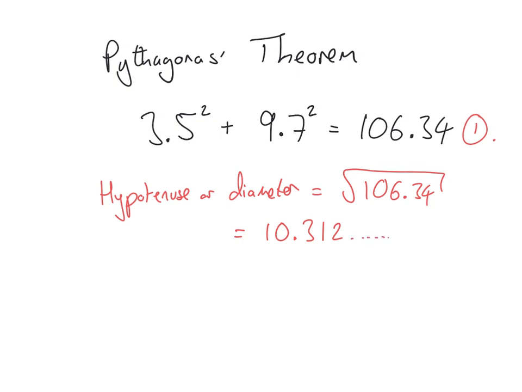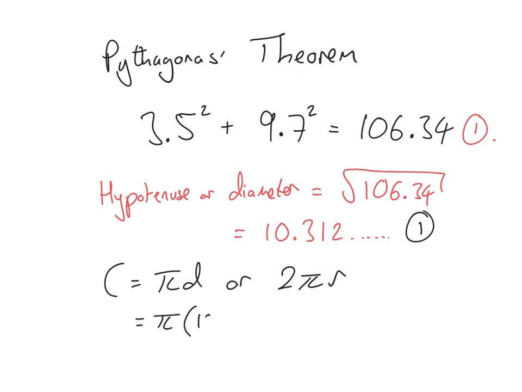Now you do really need to show the square root of 106.34, otherwise we won't know how you got there, but the 10.312 or any number that's close to that gives you the mark for finding the length of that hypotenuse. Now that is the diameter, and you're going to use it to find the circumference by doing pi d